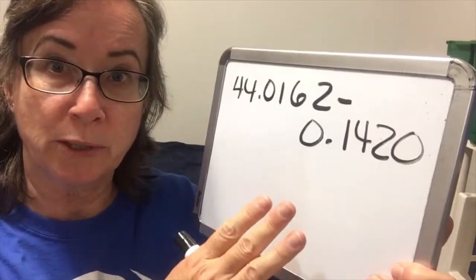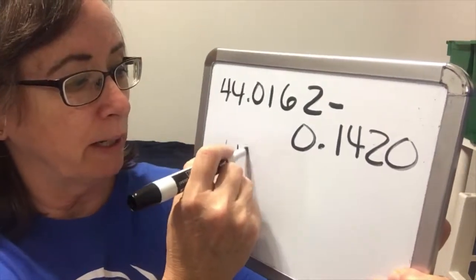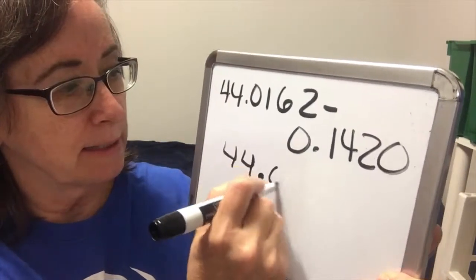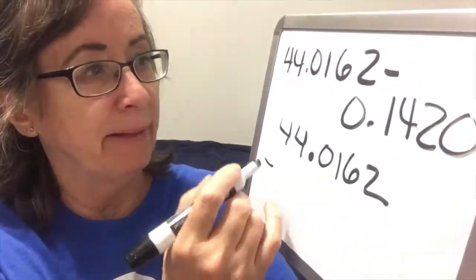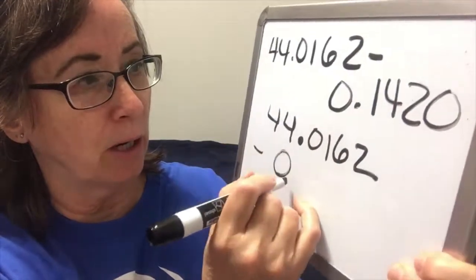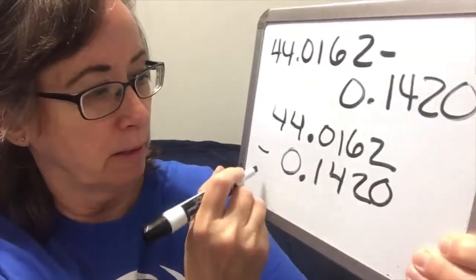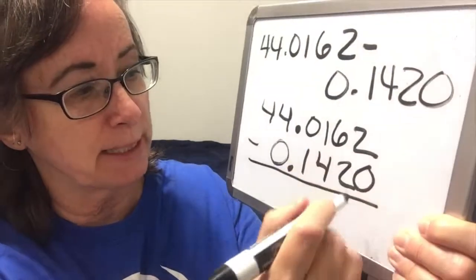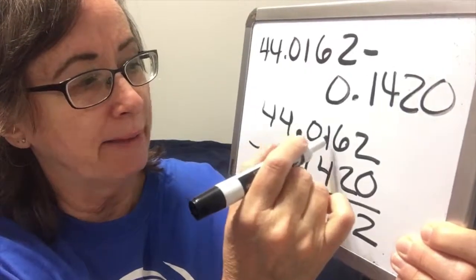Okay, so remember, when we're doing subtraction, we must line up our decimals. So 44.0162, and then we're going to subtract 0.1420. So when we subtract, 2 minus 0 is 2, 6 minus 2 is 4, and then 1 minus 4